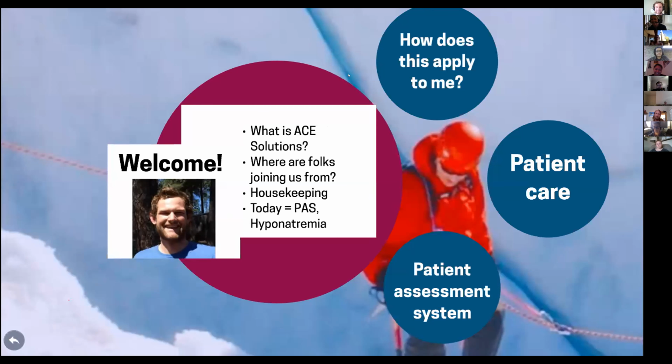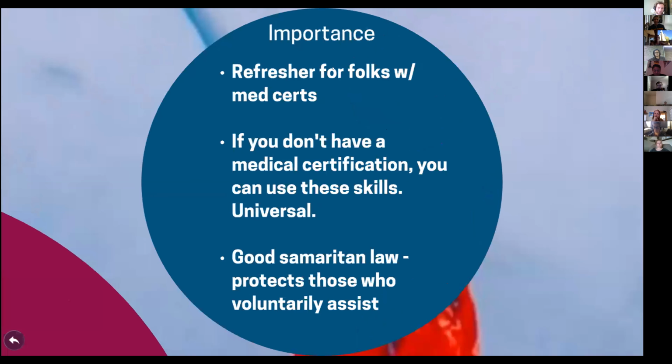Great. So we have a bunch of folks with different backgrounds. I know AJ down there in Florida is an EMT, and then other folks might not have any medical training. Other folks on here, I'm sure, are wilderness first responders or have other medical experience. So I kept this somewhat broad so it would apply to everyone. So why are we here today?